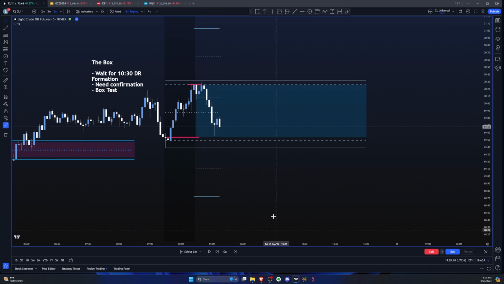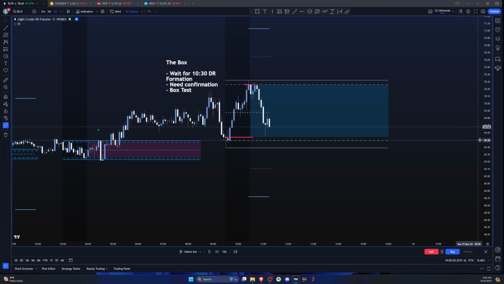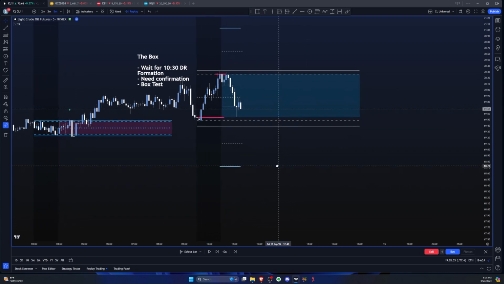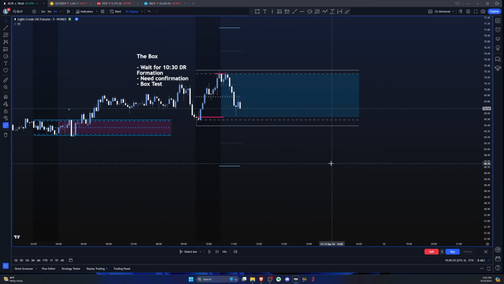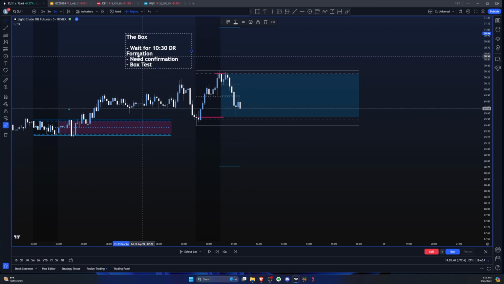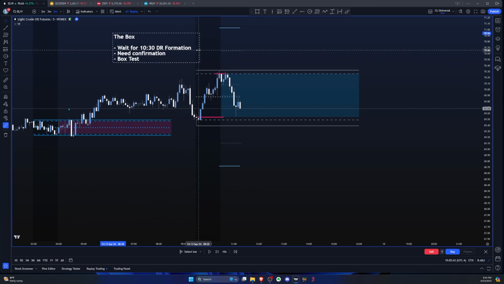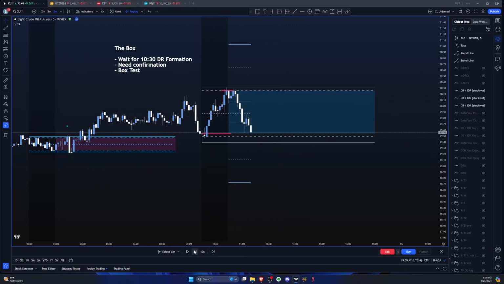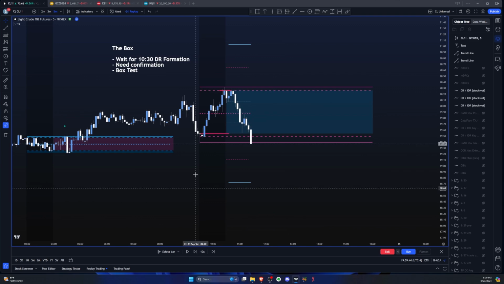This isn't as smart as the time and price trade. So time and price, we have some very specific target levels. With the box, we just use some very basic average levels. And so because it's an average, a lot of times, the price will keep going past it, or we don't quite get everything out of the trade that we could possibly get out of the trade because it's more of an average. So in this example, we come down and we have our